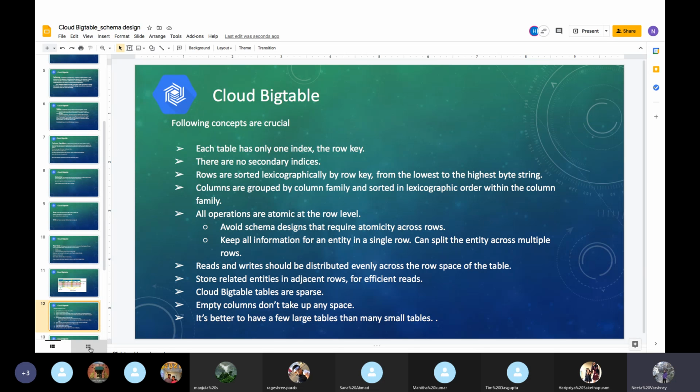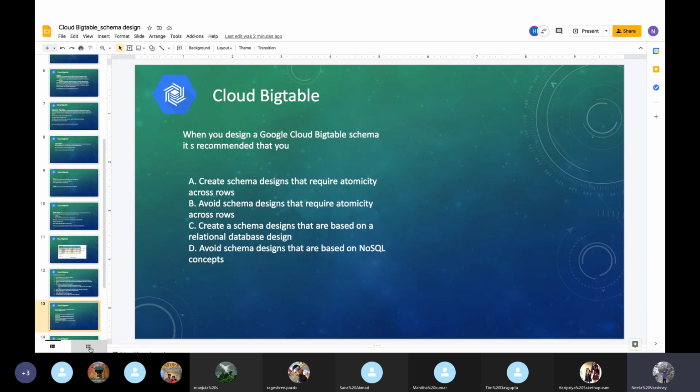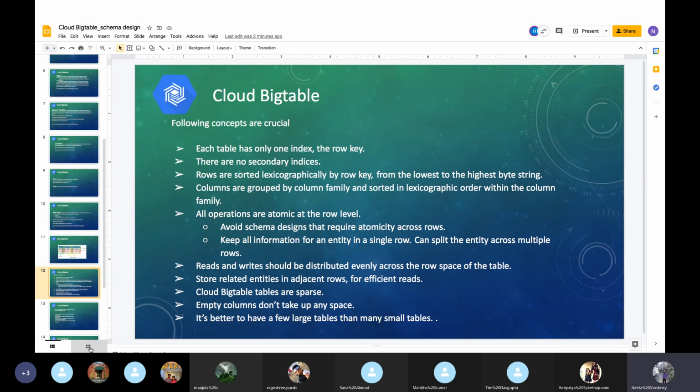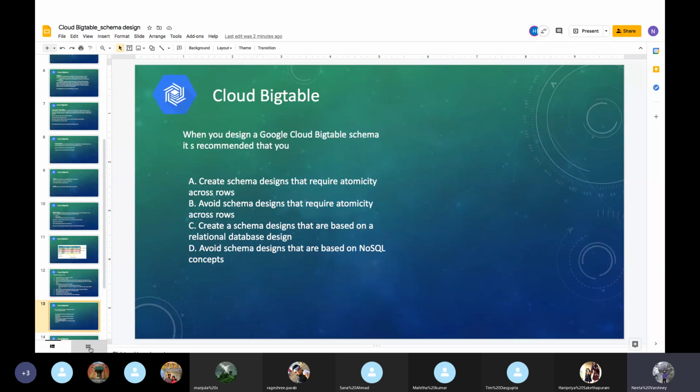Cloud Bigtable tables are sparse and can store up to 1,000 tables. Empty columns don't take up any space. It's better to have a few large tables than many small tables. So this is designing a database schema.